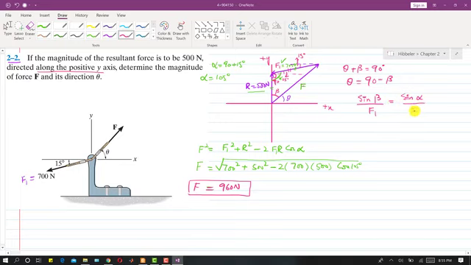Now we know the magnitude of this F. So beta will be equal to sine inverse of F1 into sine of alpha divided by F magnitude. If I put the values, we will get the beta angle. F1 is 700, sine of 105, divided by 960 Newton. When I solve this, beta comes out to be